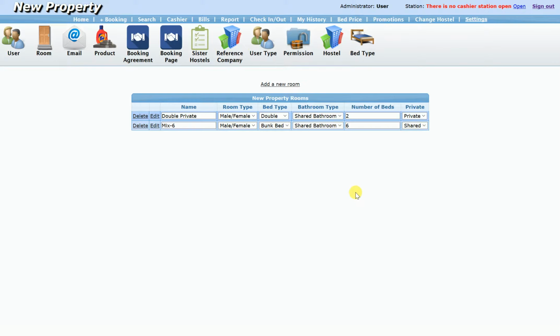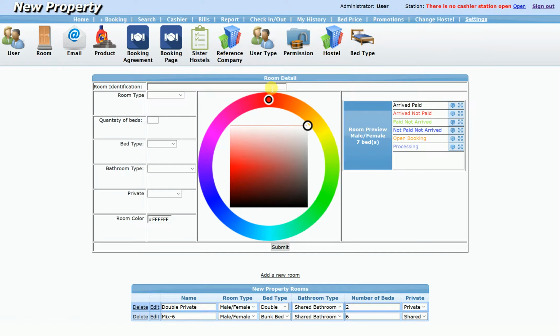So I'm just gonna carry on and add a few rooms. I'm gonna be pausing and adding, so hopefully this is not gonna be too long. So, add new rooms. Room name, I just